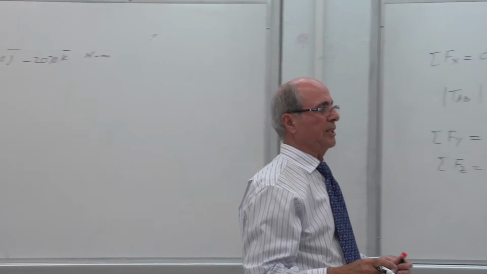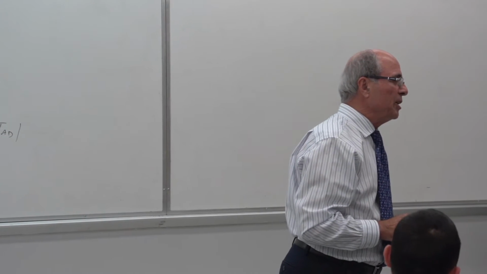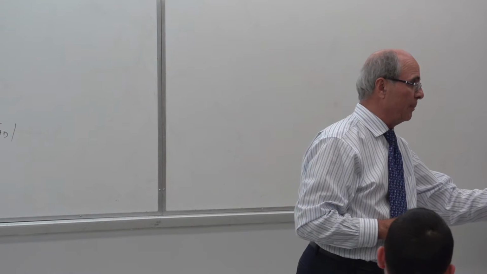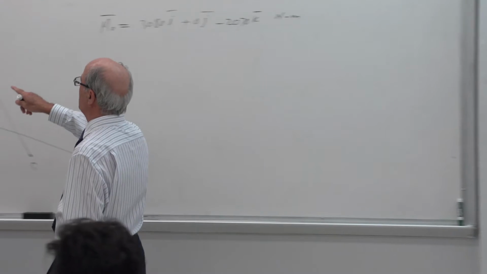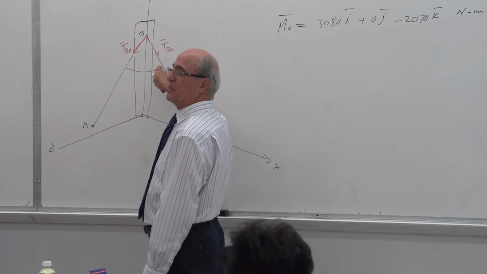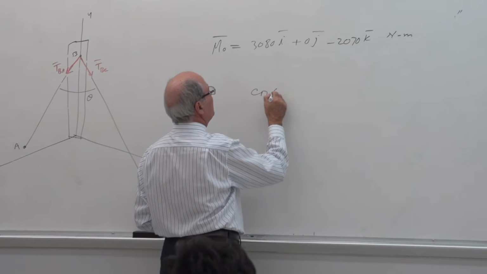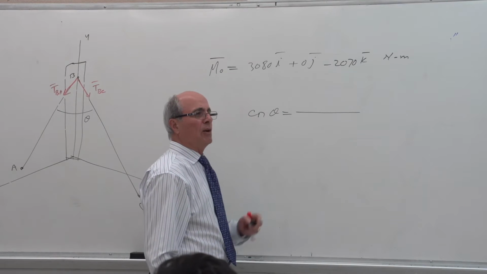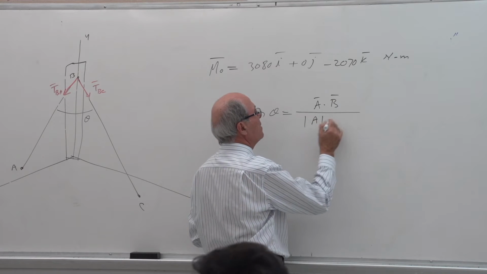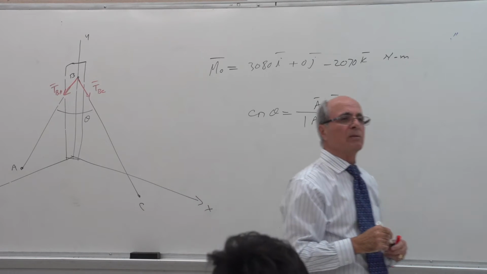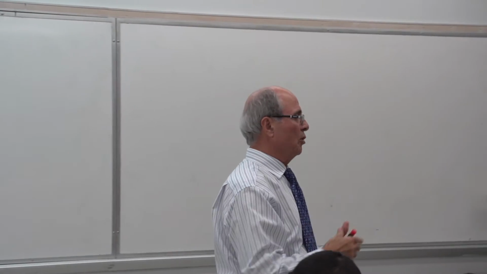You have many choices here. The angle between two cables. Oh, you are using the lambda. Oh, I see. Yes, we can use the lambda, correct. But before that, do we have T BA? Do we have T BC? Can I use these two as my two vectors? Because all I need, remember, go back to your notes, cosine theta was equal to what? The dot product of A and B divided by the magnitude of A and the magnitude of B. This is what you should remember. You are a little bit ahead of me.